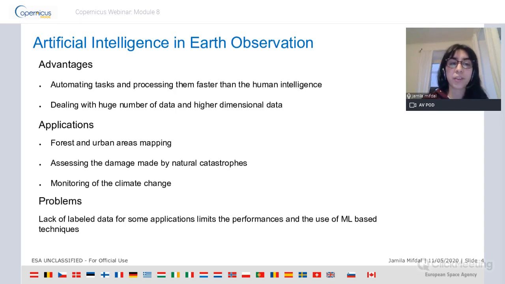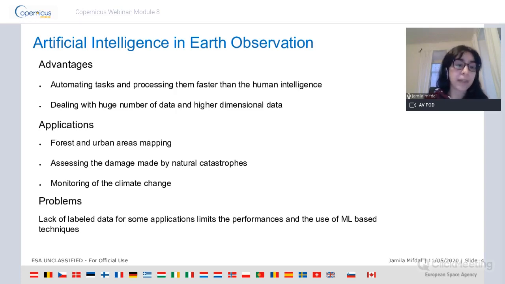With artificial intelligence techniques and algorithms, we can process data with a higher number of spectral bands, with high speed of course, which gives the advantage of extracting much more useful information than a human being. Applications of artificial intelligence in Earth observation are, for example, forest and urban areas mapping, evaluating the damage after a natural catastrophe, or also monitoring climate change.